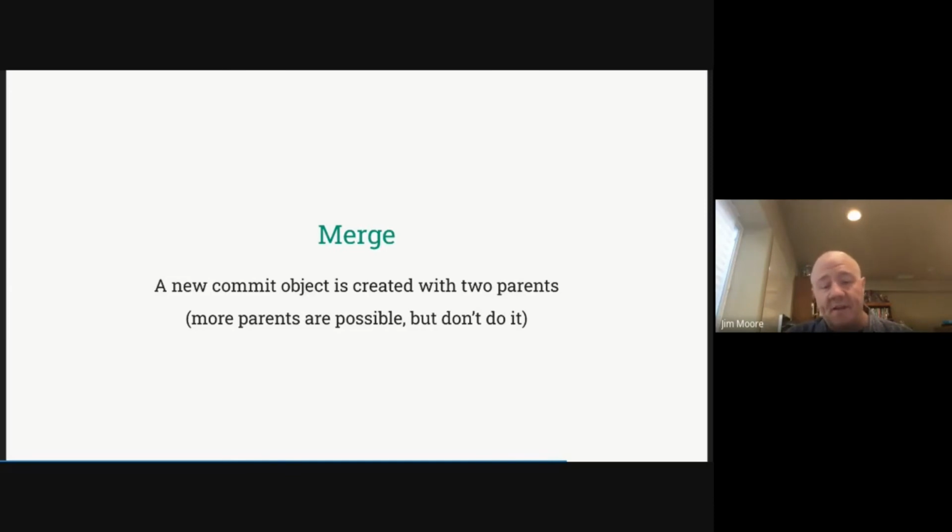If you saw the data structure that we referred to before, for commits, you could have n number of parents. Again, don't do it. You typically want either exactly 0, 1, or 2. Going beyond 2 is going to hurt people's brains when they try to figure out what's going on. You'll also break a lot of tools.